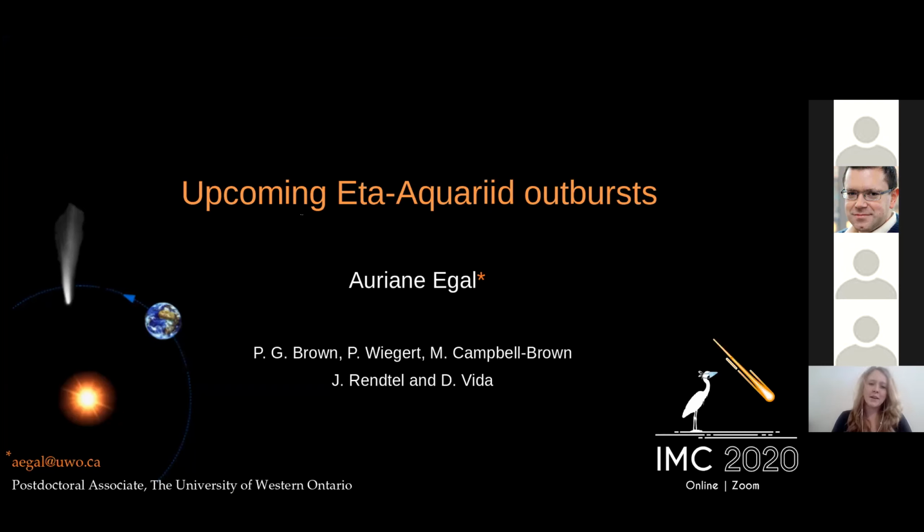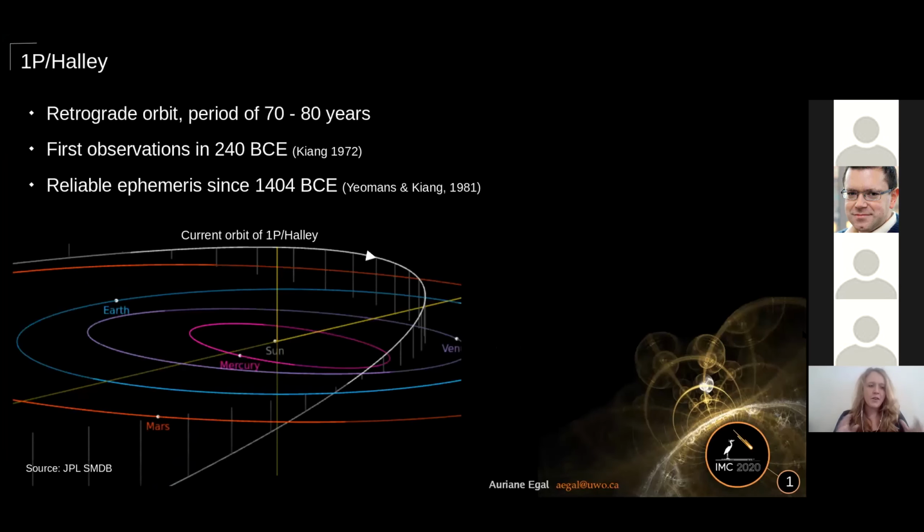Today I would like to talk about Comet 1P/Halley and its associated meteor showers. 1P/Halley is a very famous comet that moves on a retrograde orbit with a period of 70 to 80 years. And since a comet often appears very bright in our sky, the first observations of Halley date to more than 2,000 years ago. That's why we're able to trace back the motion of the comet during 3 millennia